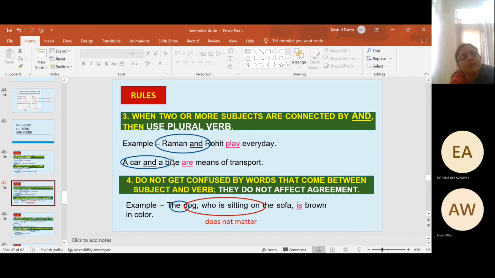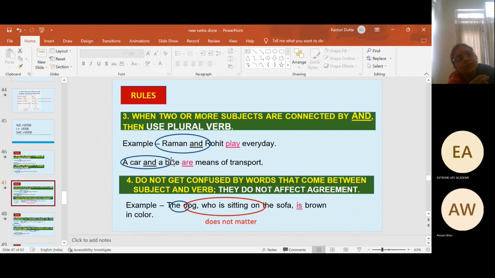Arman, how many different conveyances do you have? What are the types of conveyances you have in your home? You will say, ma'am, I have a scooter and a bike, a bike and scooter more or less the same thing, and a car and a cycle. Okay. Then I asked you what are the different forms of transport you use while going to office? Then you say, ma'am, I go by a car and a bike and a cycle, and these are the most cheapest means of transport.